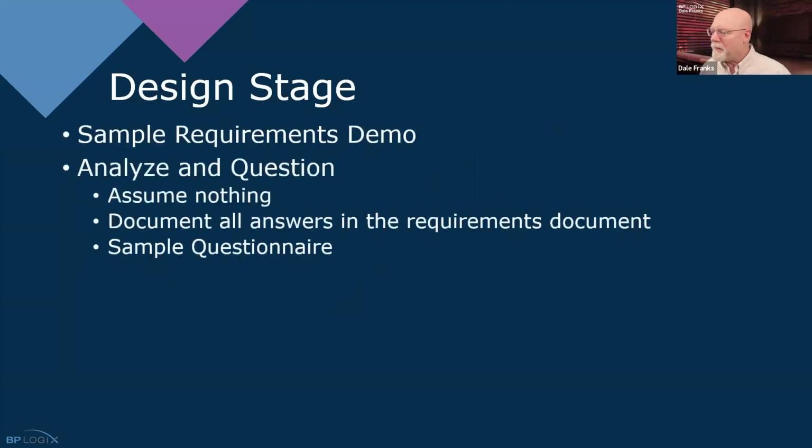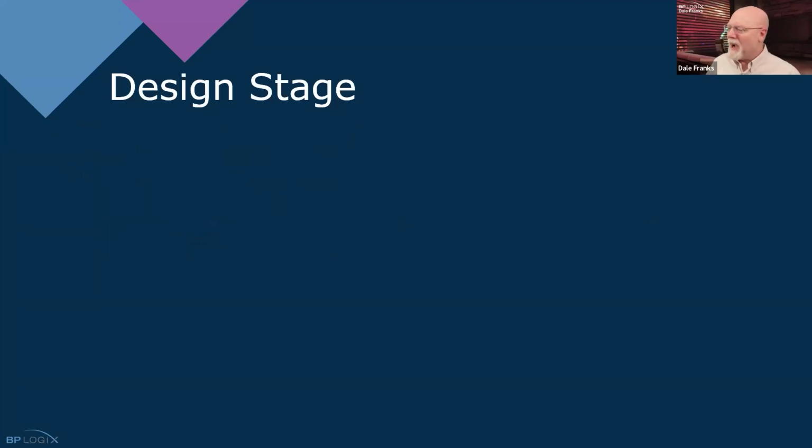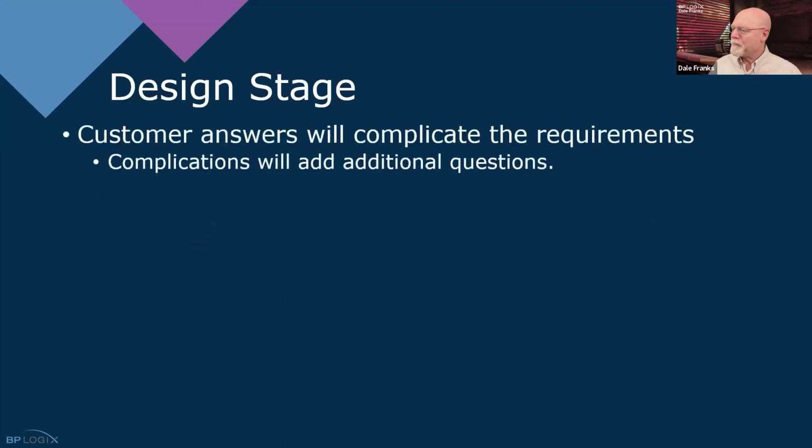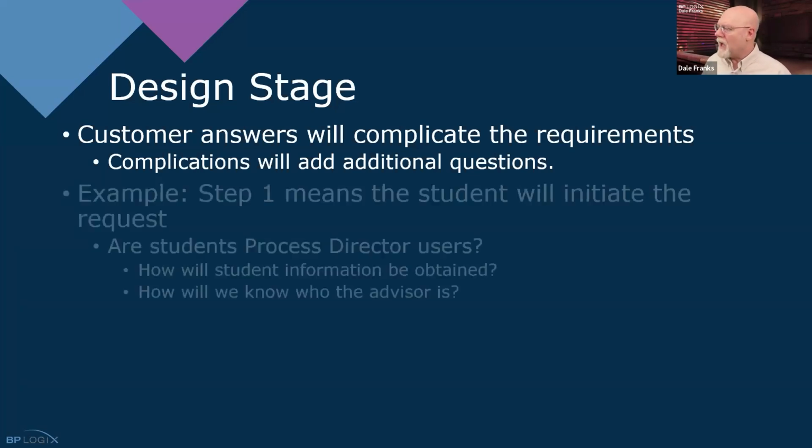We've already looked at that requirement demo. We've talked about documenting all the answers. It looks like I've gotten ahead of where I should be here. Something to point out, though, is that whenever you're going through this question and answer process and you're filling out your documentation, sometimes the answers you get from the customers, as in that indication of who's in the registrar's office, Diana, Barb, and Rick. Okay, great. That's now I have 3 people who might possibly be assigned a task. That's going to raise more questions because I need to know how they're going to be assigned that task.